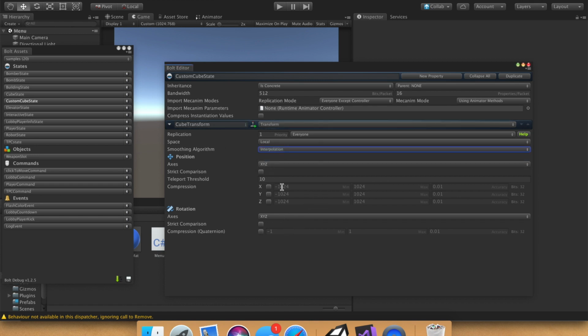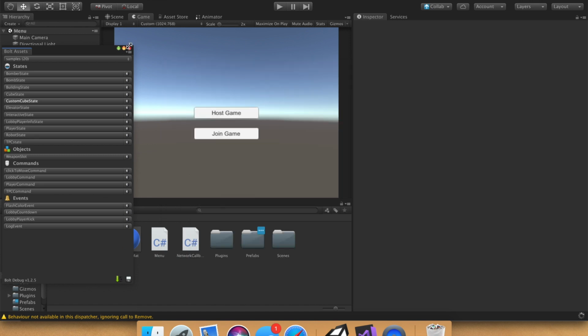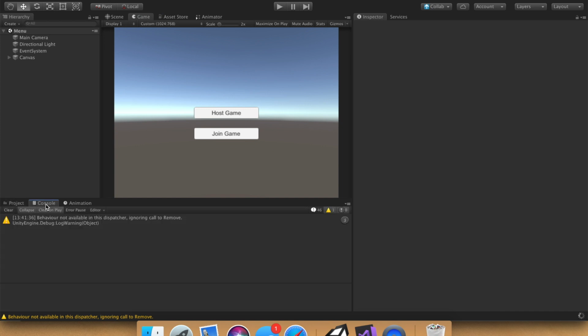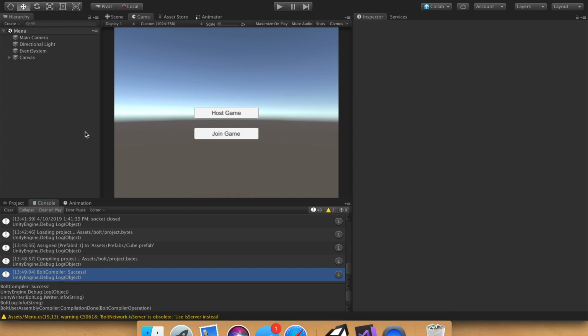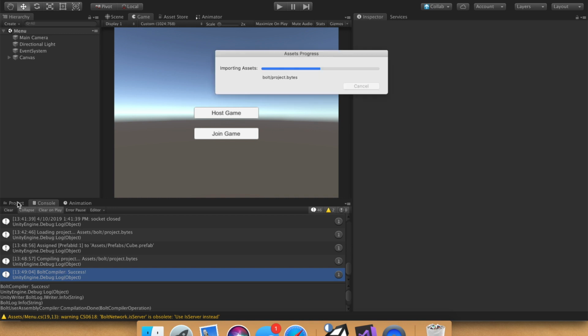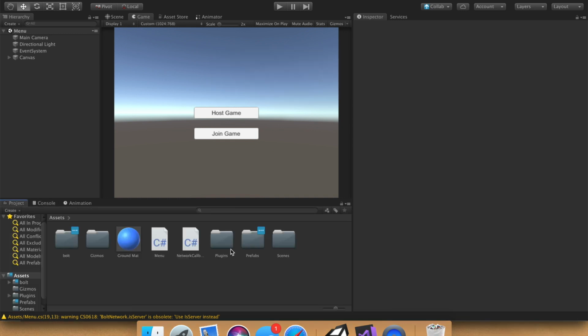And then once we've finished with that, go ahead and compile everything and wait until you get a success debug statement. Loading. It should have appeared. That's just because I have debug off, but there is our success. So the compile worked. All right, now that we know the transform is attached to the cube, let's head into